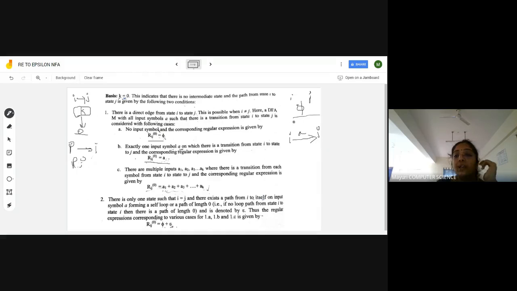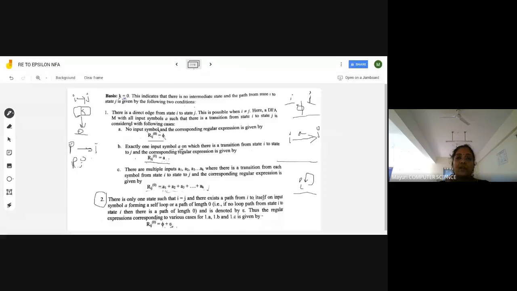Next, what I mean here is that my start state and final state are different. See, in a finite automata there are two cases. You will travel, fine, but your source and destination are different. That is the case I am going through now, right? Here my source and destination are different. There is one more case: my source and destination are both the same. So I will be going from I to I only, a self loop. This is also traveling only, correct? So that is your point number 2.